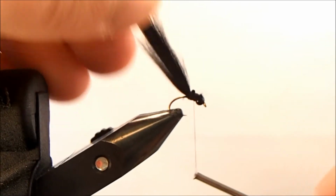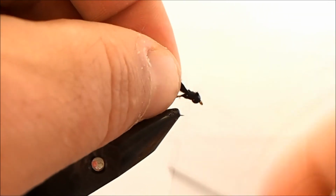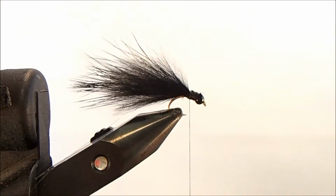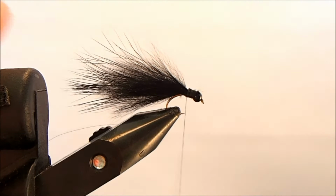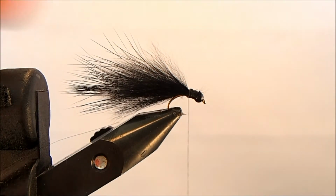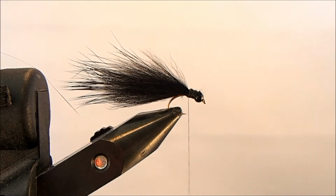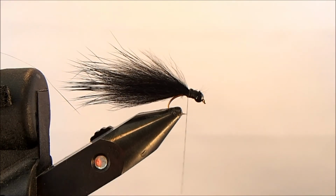as many of those fibers as I can. You're going to lose some along the way, but you want to try to get as much of that caught in there as you can. So now once I have the rabbit tied in, and you can see it's going to have a lot of movement to it. The little bit of thorax I tie in is just going to be a